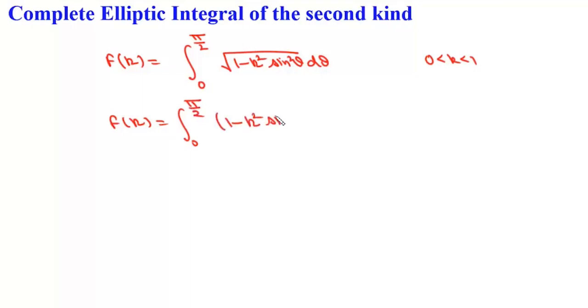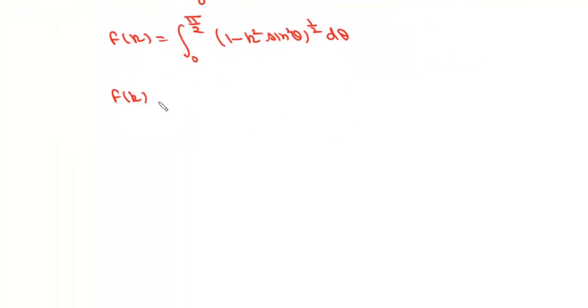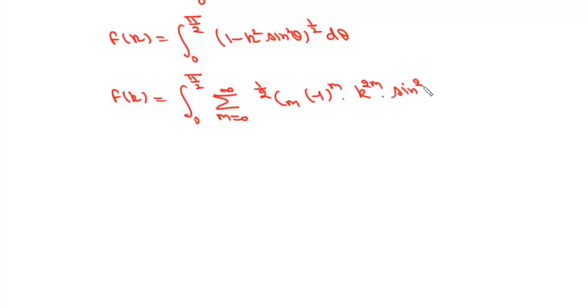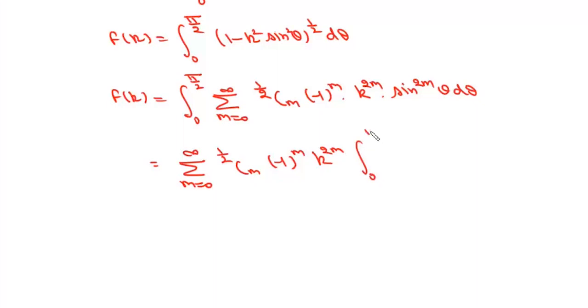1 minus k square sine square theta to the power 1 by 2 d theta, and we'll write it in binomial expansion form. So we can write this as F(k) equals this integral from 0 to pi by 2, this summation m varies from 0 to infinite, 1 by 2 Cm minus 1 to the power m k to the power 2m into sine to the power 2m theta d theta, and we can rewrite this as this summation m varies from 0 to infinite, 1 by 2 Cm minus 1 to the power m k to the power 2m, and then this integral from 0 to pi by 2 sine to the power 2m